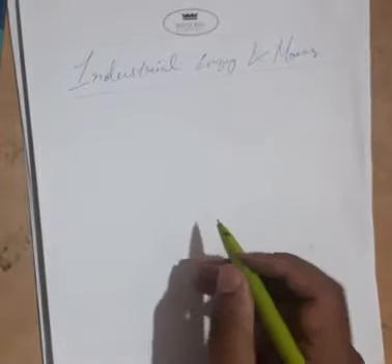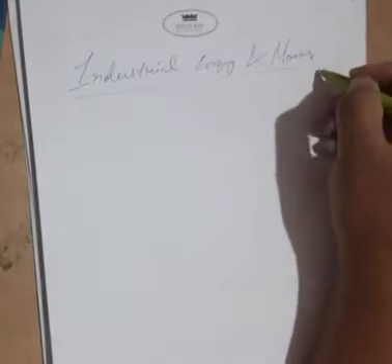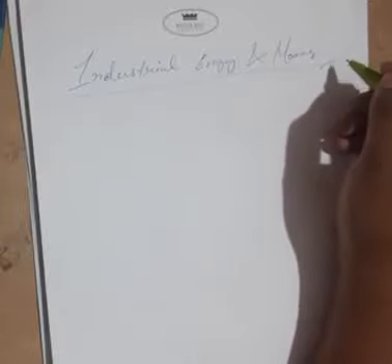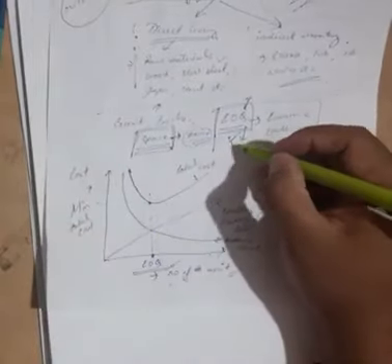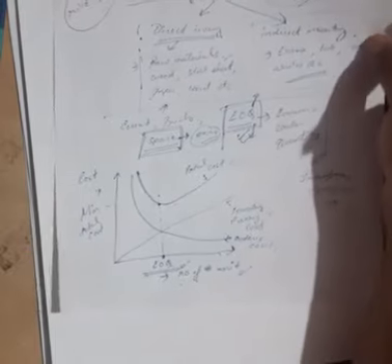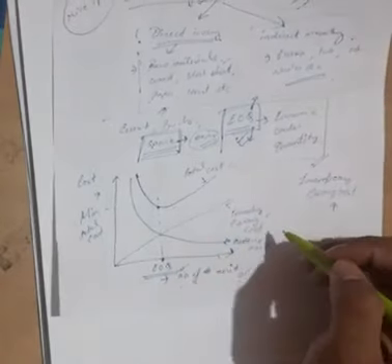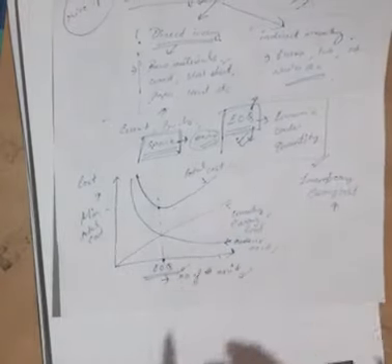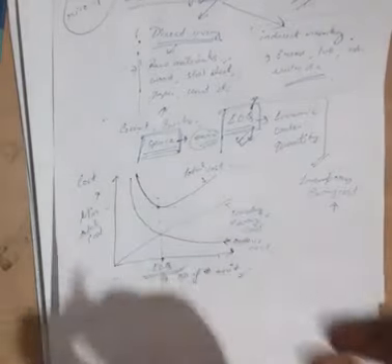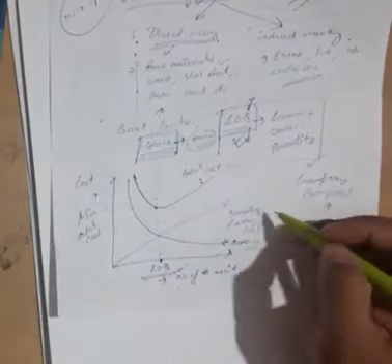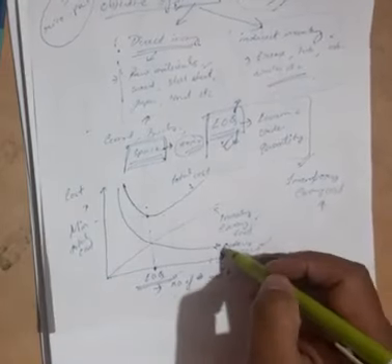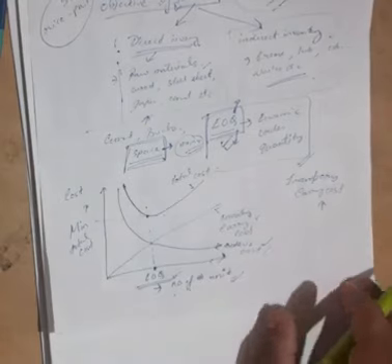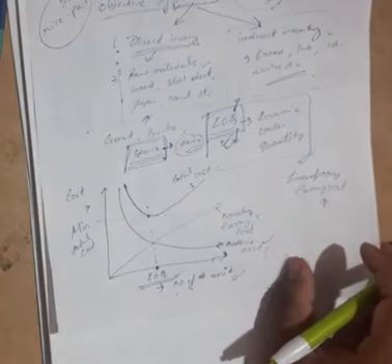Hello everyone. In the last class I was discussing inventory control and management. I have discussed what EOQ is, and also shown a graph of the relation between cost and unit: if the units increase, or if we increase the order, how the cost changes. So in the last class there were many questions regarding that.